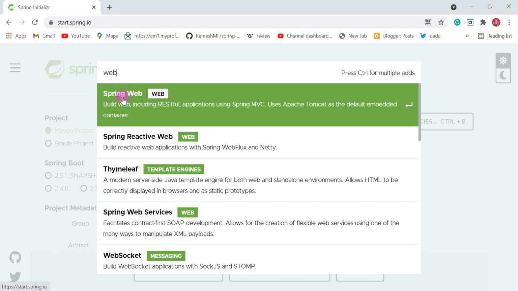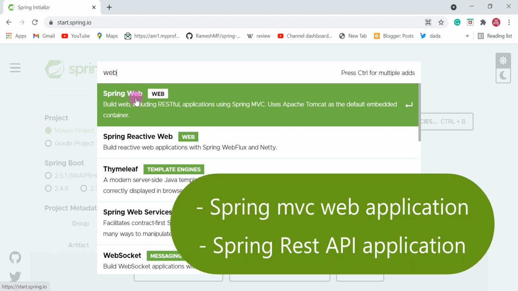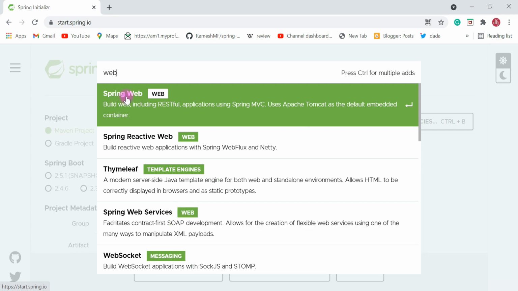Once you select it, you will be able to create Spring web applications or Spring REST API applications. Look here, you can read the description of the dependencies. For example, you can use the Spring Web Starter dependency to build web applications or REST API applications using the Spring MVC module, and it internally provides Apache Tomcat server as the default embedded container.